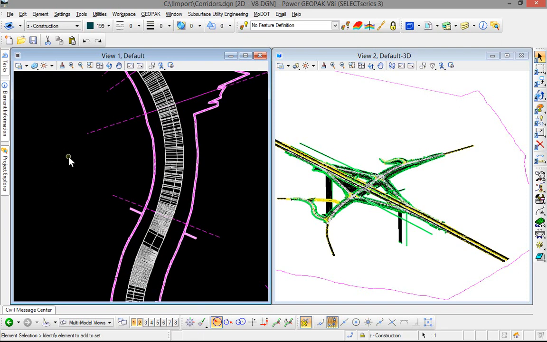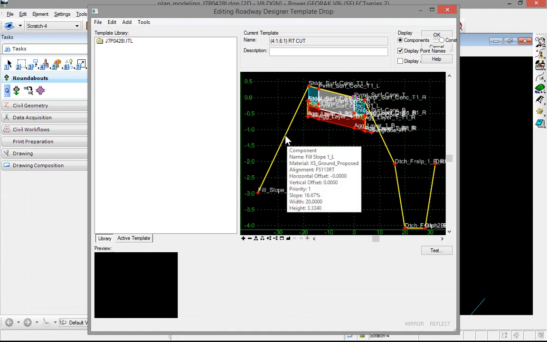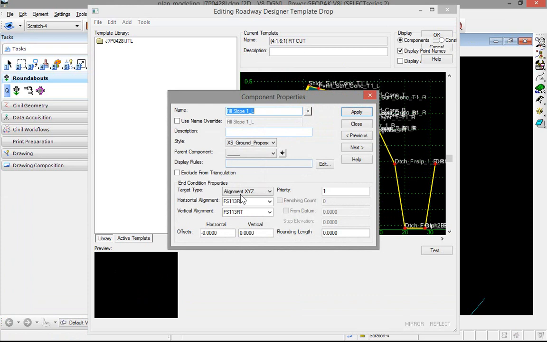And so that'll be one of the exercises we would have to complete in our model for every corridor in our project that we've imported. Another comparison between Select Series 2 and Select Series 3 is what we can do with end conditions. A common thing that happens with our end conditions in Select Series 2 is that we can target something other than our active surface. And in particular, one of the common things that we